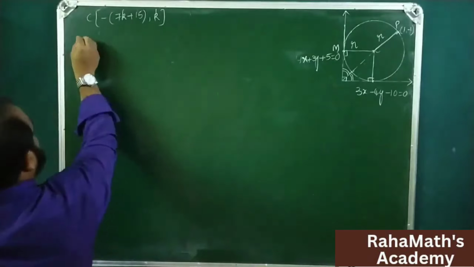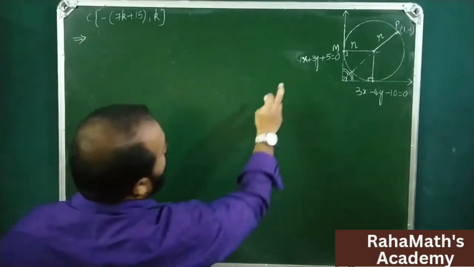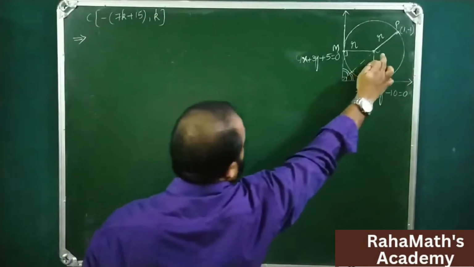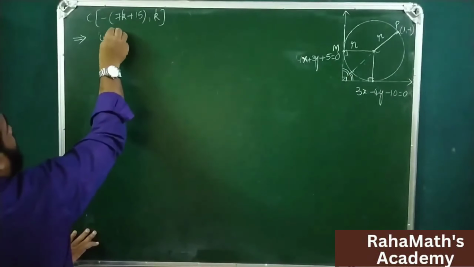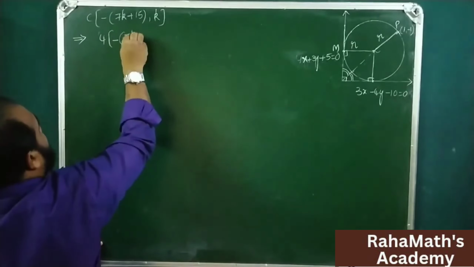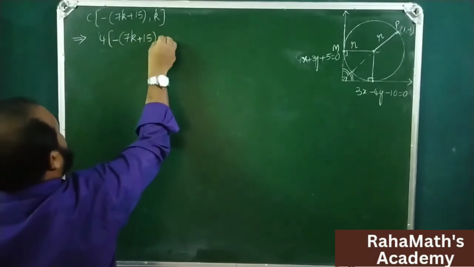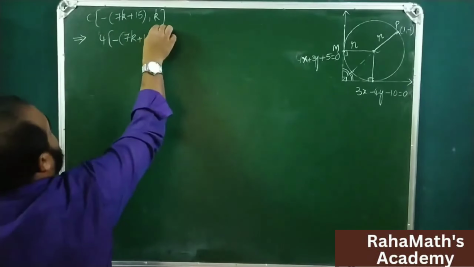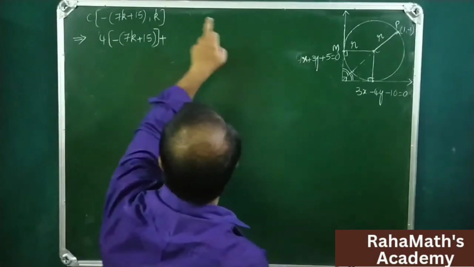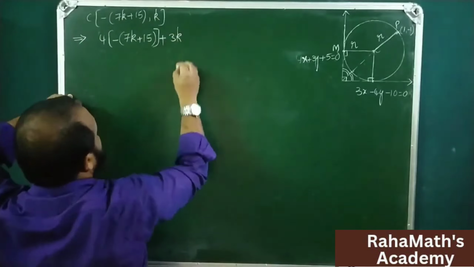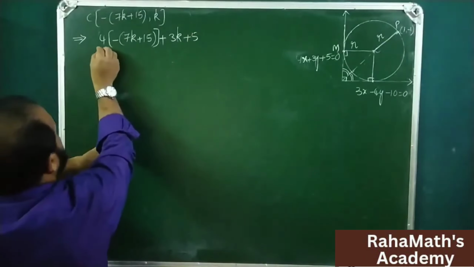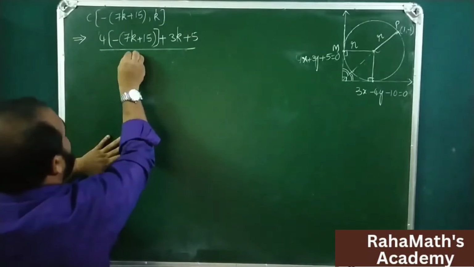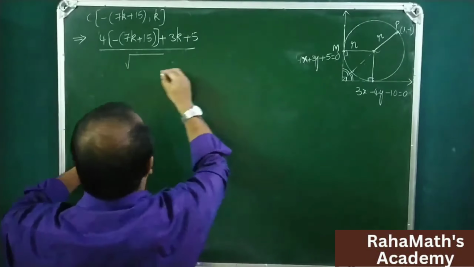This implies 4 into the perpendicular distance from this point to this line: 4 into minus of 7k plus 15 plus 3 into k plus 5 by square root of 4 square plus 3 square